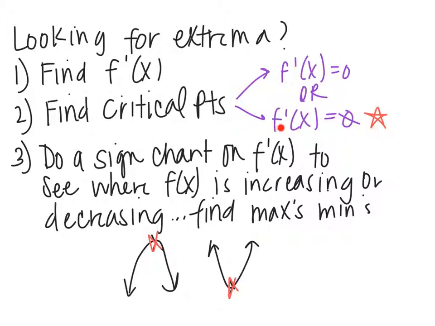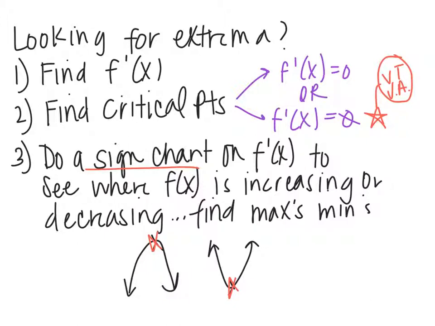Little note here, if the derivative is undefined, we have a vertical tangent at that place, or we had a vertical asymptote because it was probably a value where f of x is not defined. As a result, you're not going to have extrema there. You can still do a sign chart and test it out, but you'll see the function will either be always